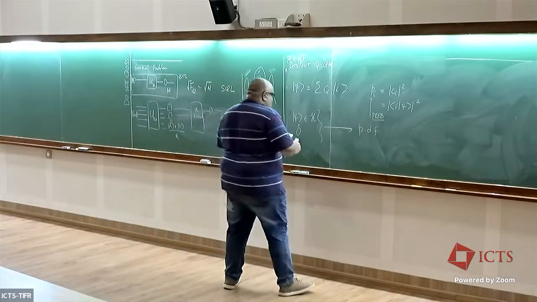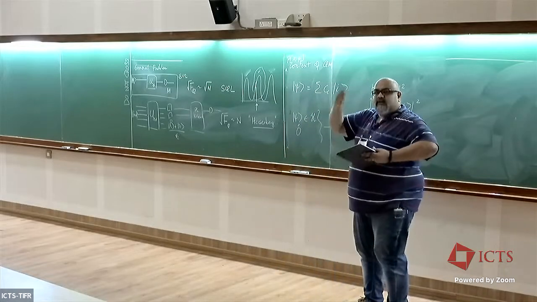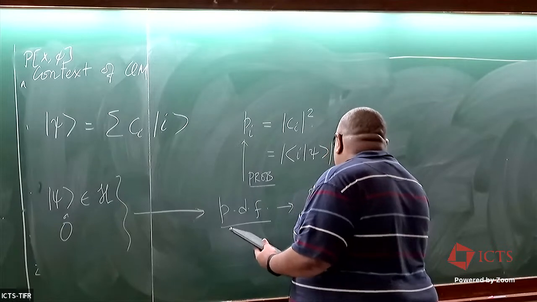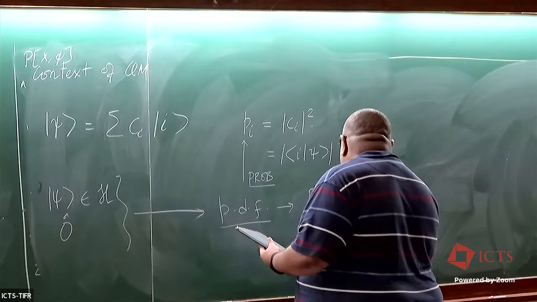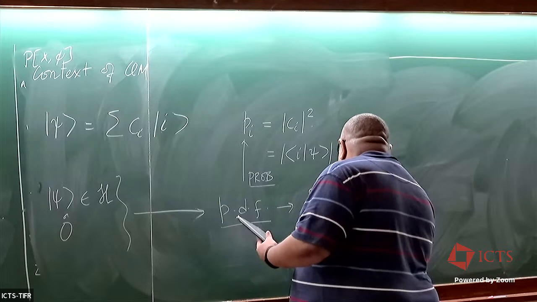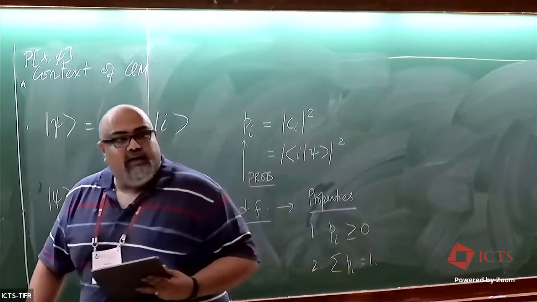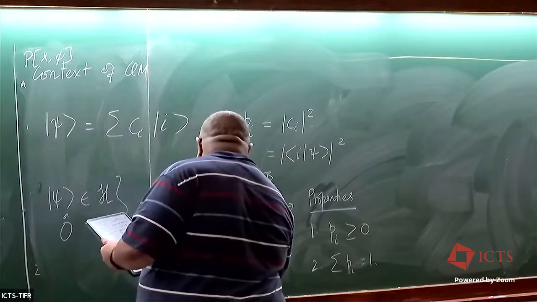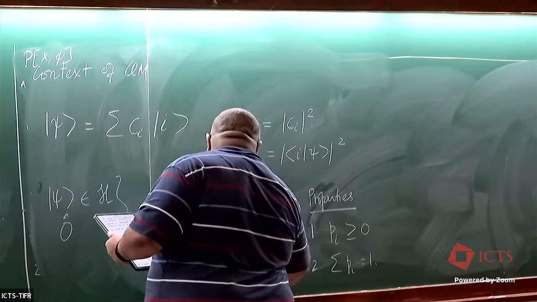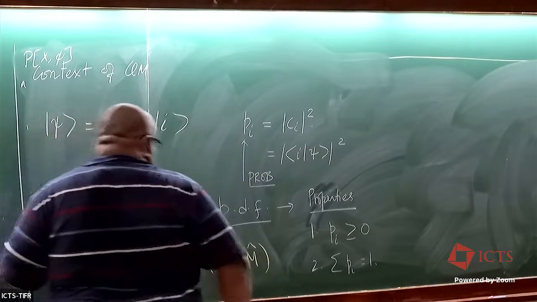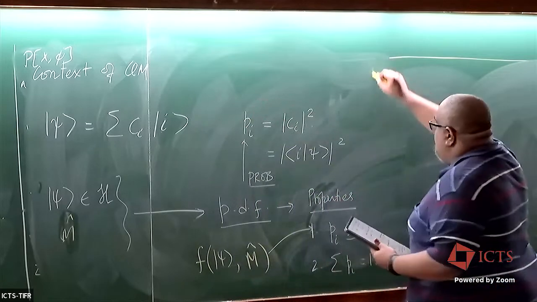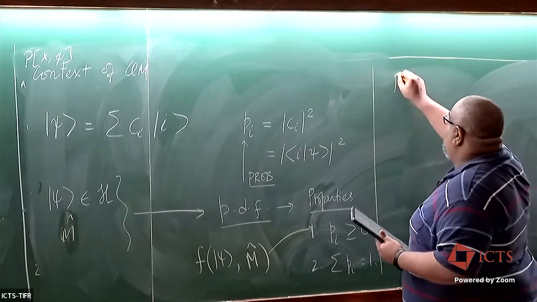And so what we can do is ask what properties these things have, and let's construct the most mathematically convenient object. So the probability distribution functions have to have two properties. Property number one is that probability distribution functions, discrete or continuous, have to be positive semi-definite. And the second is that they have to sum to one. The total probability has to be one, and it has to be a positive semi-definite number. This is what probability distribution functions are. So what I need is something that I can put into more mathematical terms, which is some function of my quantum state and some operator M, let me call it M because I've called it M throughout, such that it maps onto this kind of object. And I just need to find what that object is. So we already have one in principle. And what is that object? We already have the operator